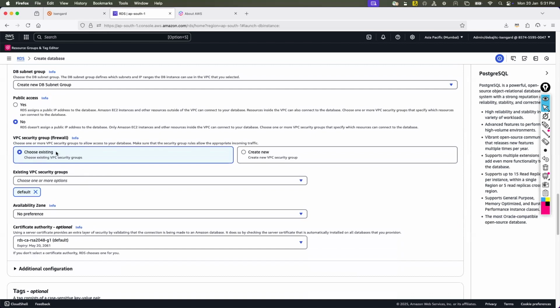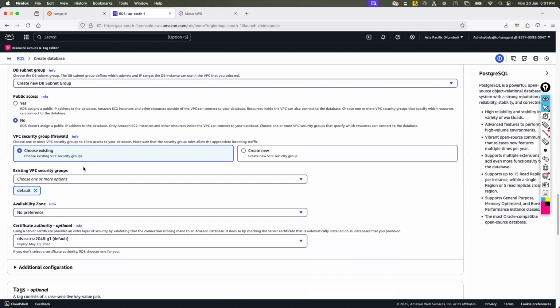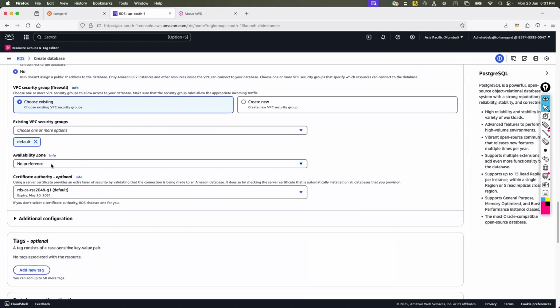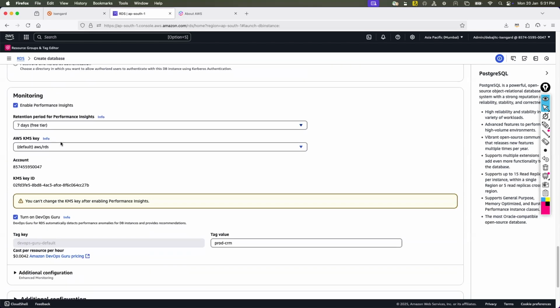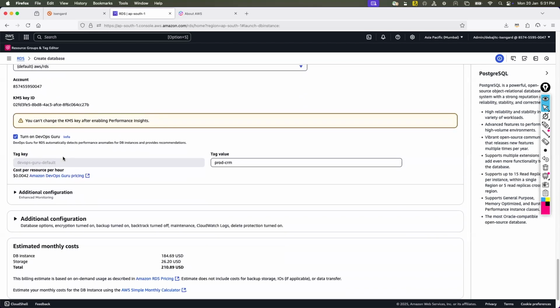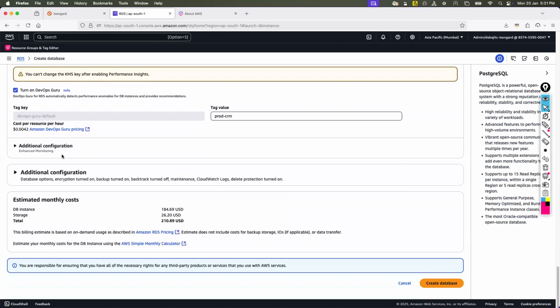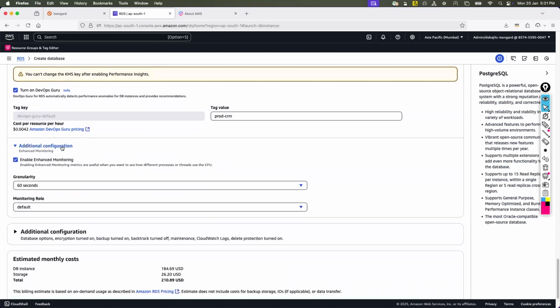Then yes, the same kind of firewall you have to choose. You have to choose the availability zones, et cetera. And then in these sections, you see some of the monitoring, and if you enable that, you have more granular visibility from the monitoring perspective, because as you know from the database background, a database needs a lot of additional monitoring, right?